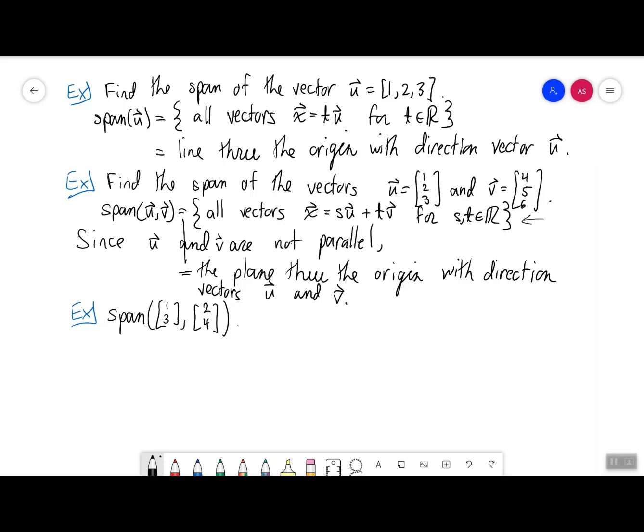Oops. Taking a hint from this previous example, these two vectors are not parallel, and this expression suggests that their span should be a plane. But the only plane that is contained in R2 is R2 itself. So intuitively, these should span R2. To see this algebraically,